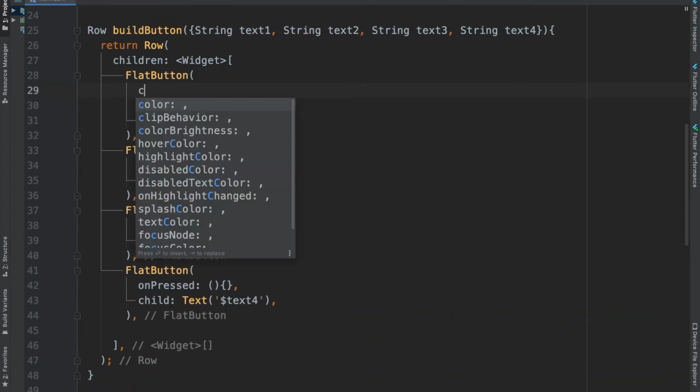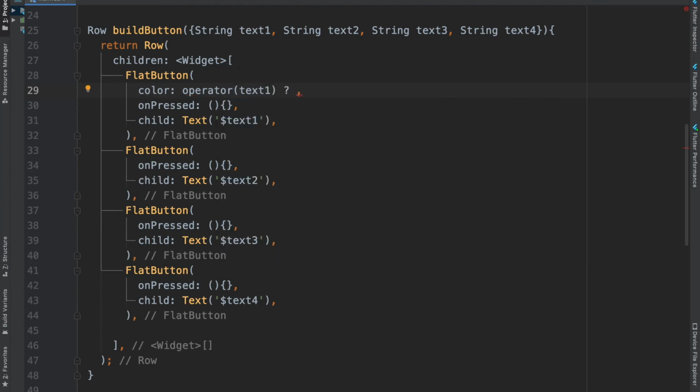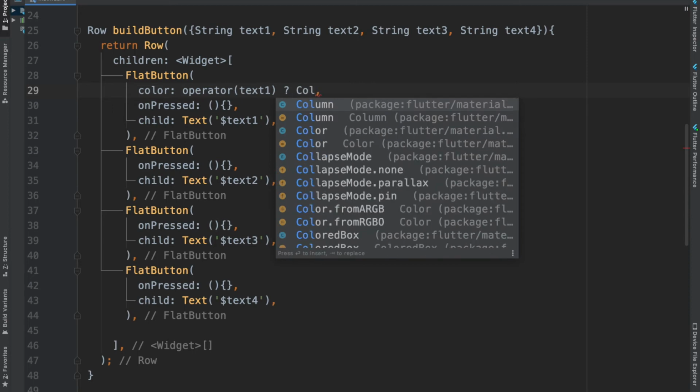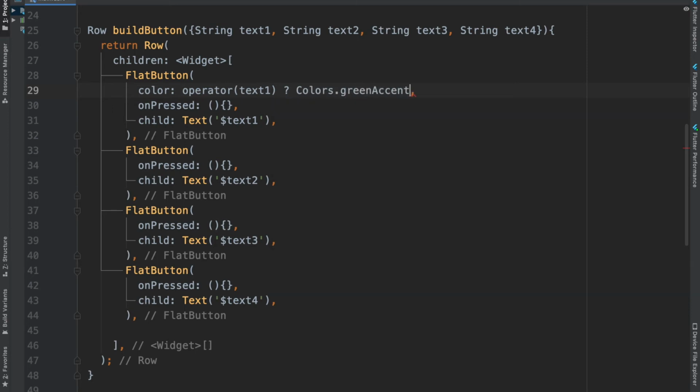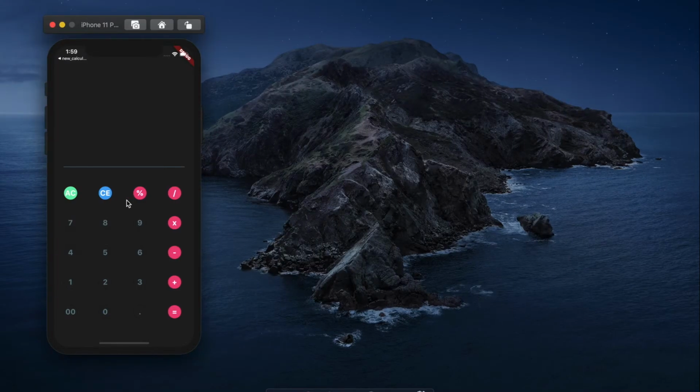Now let's add this logic inside the color of our flat button. So if the parameter is text1, and if it satisfies the condition of our operator method, then the button will have the color green accent, and if it is false, then, so this is for this particular column.